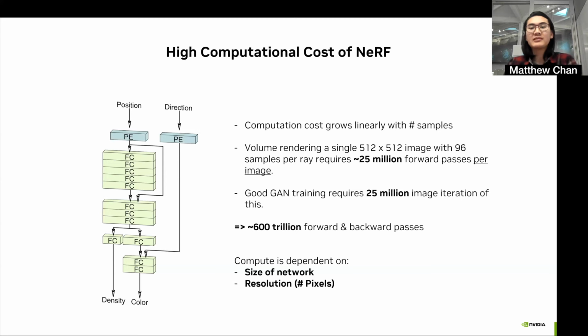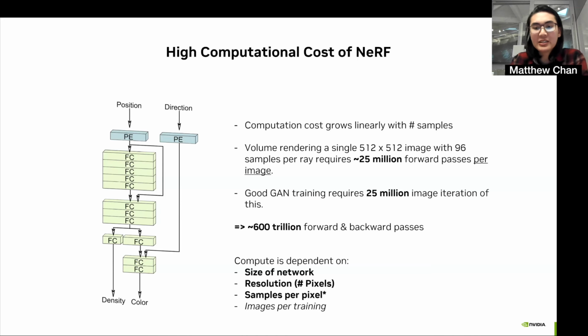Finally, we waste a lot of compute evaluating samples in space that isn't actually useful. That could be, for instance, in the case of rendering a head, the empty space in front of a person's face where there's just air, or the occluded region behind a person's face where you can't see it because it's occluded. If we were to intelligently place our samples only in the regions that we care about, for instance, right on the person's skin, that could save us a lot of compute. I'm going to wrap back around to the last one. It becomes important in a few slides, but we'll touch back on it.